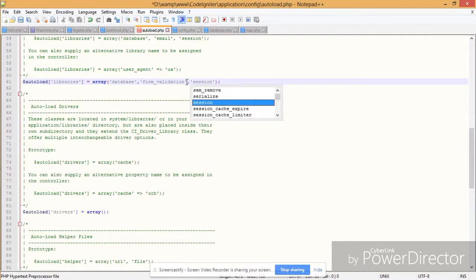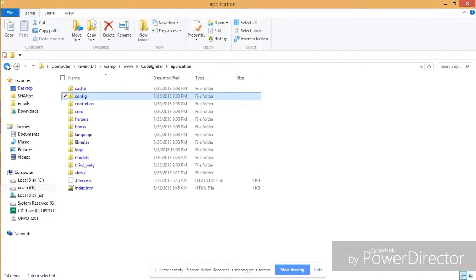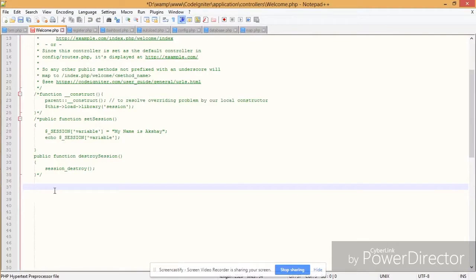After the initialization process, we will set the session. So I save my file. After this, I go to my controller and define some logic to print the session variable. Here is the default welcome controller and I write my code here. I define a function which sets the value of the session. So public function